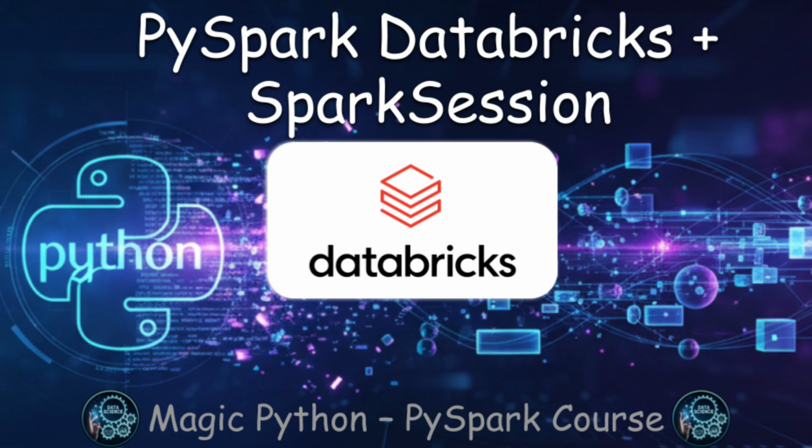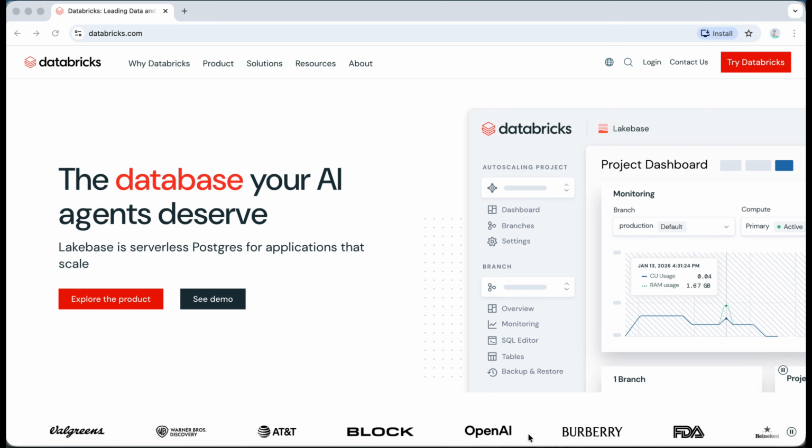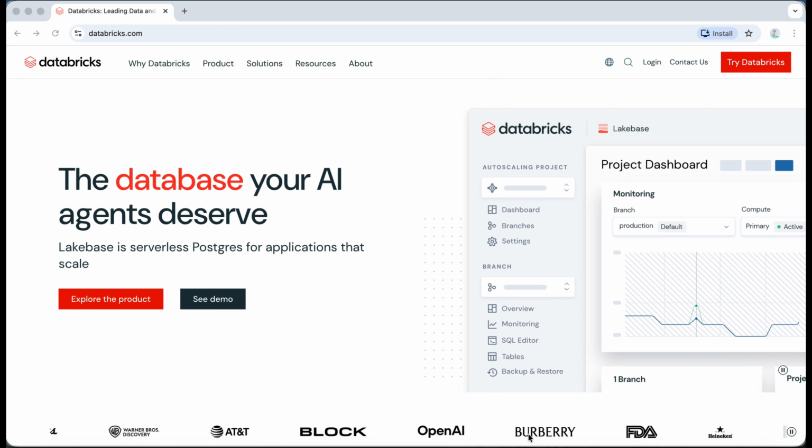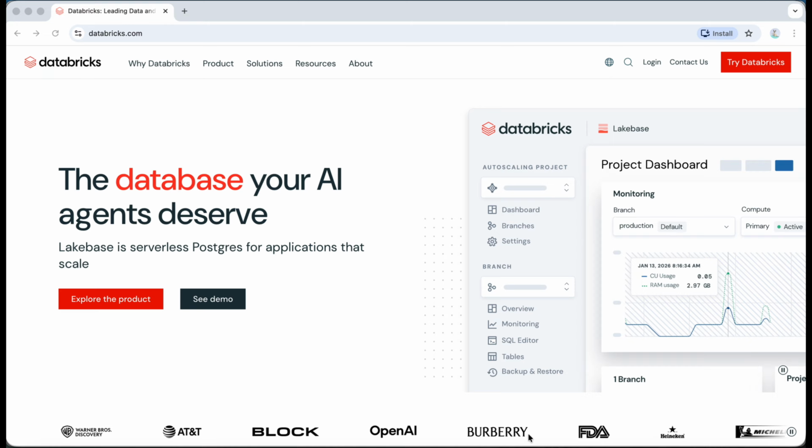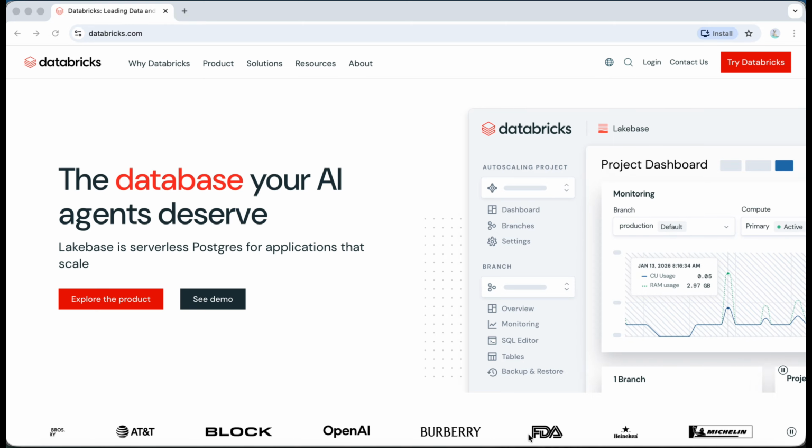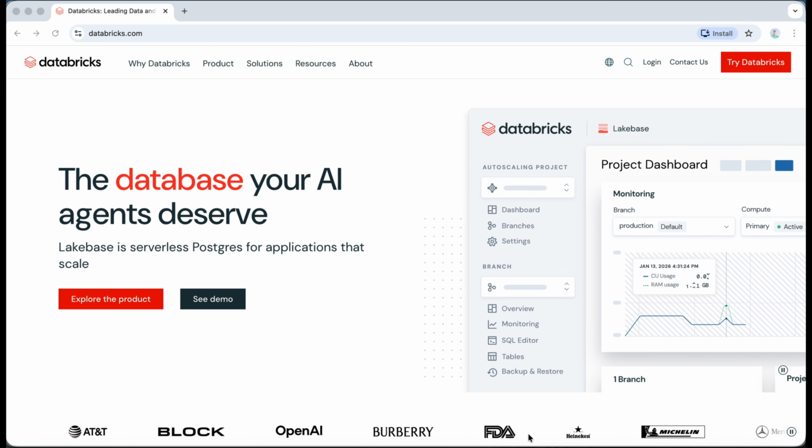In the previous video, we figured out what Apache Spark is and why we need it. Today, we will immediately start working like real data engineers through Databricks. We won't be installing anything locally. Everything will run directly in the browser, just like it does in real companies. In this video, we will register with Databricks, create our first notebook, understand what SparkSession is, and run our first